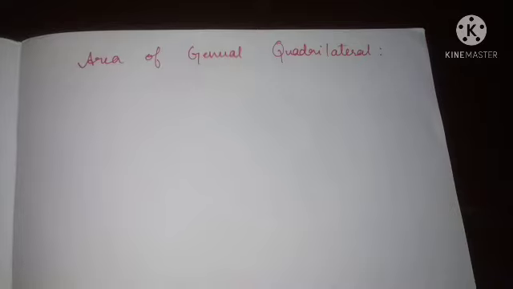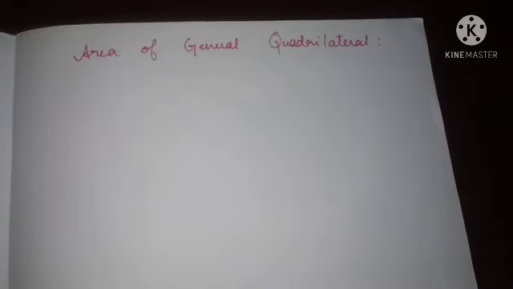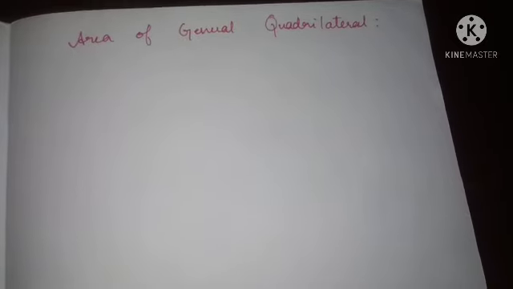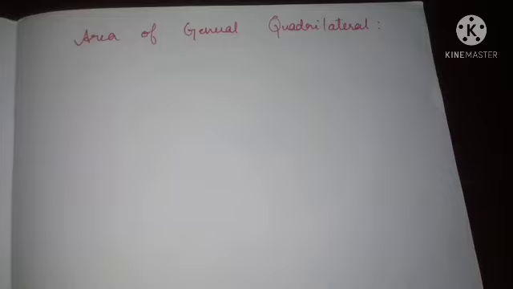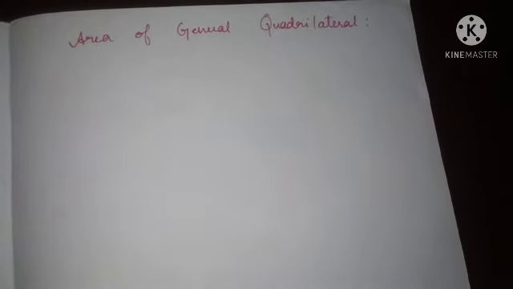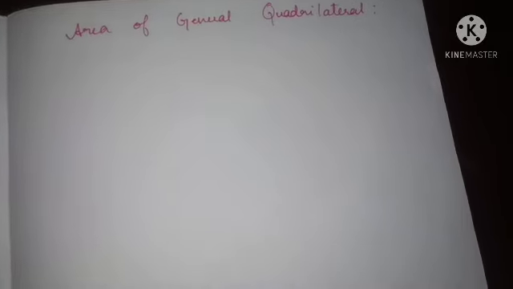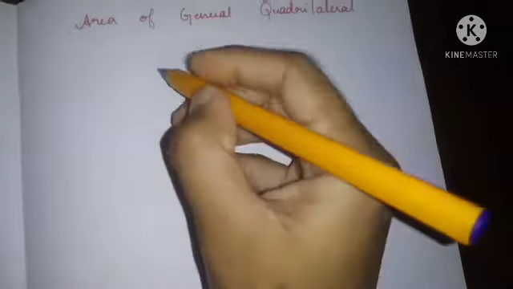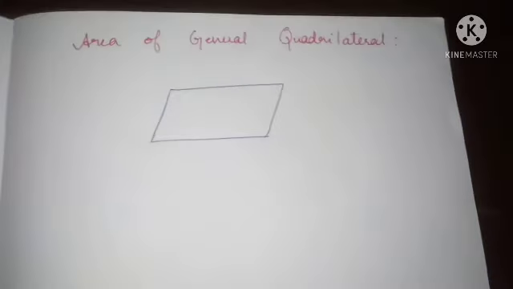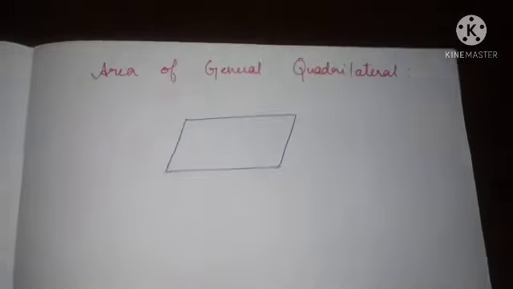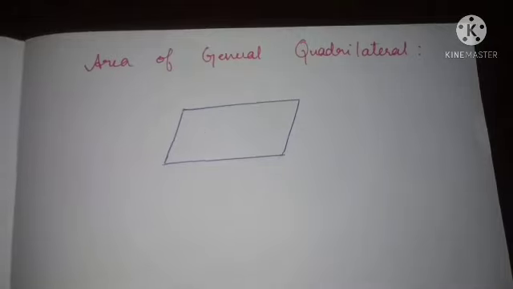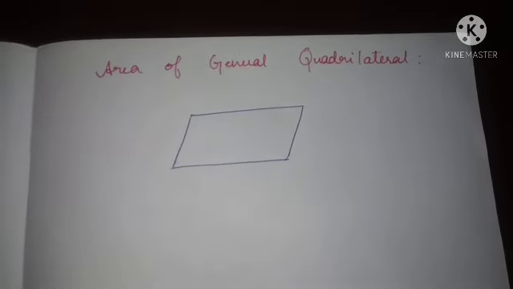Next you can deal with area of a general quadrilateral. So quadrilateral means what? It is a four-sided figure that you know. Here also we are going to find the area using the triangle technique, which is the method called triangulation. If one quadrilateral is given, this is one quadrilateral. Why is it a quadrilateral? Because it has four sides. Correct? So for this quadrilateral, we are going to find the area.